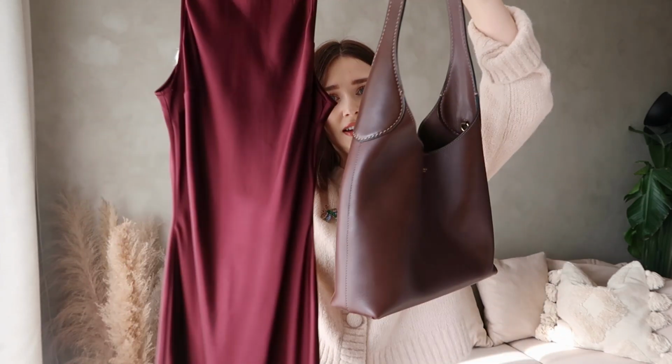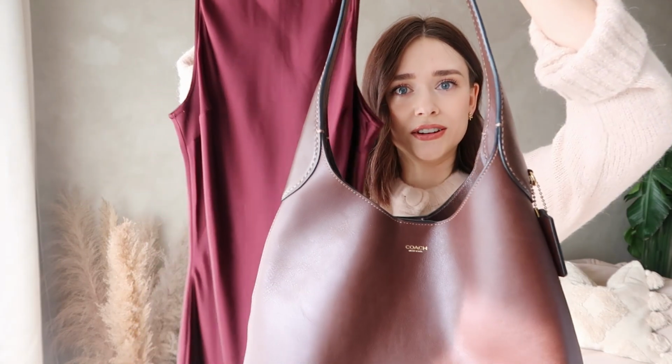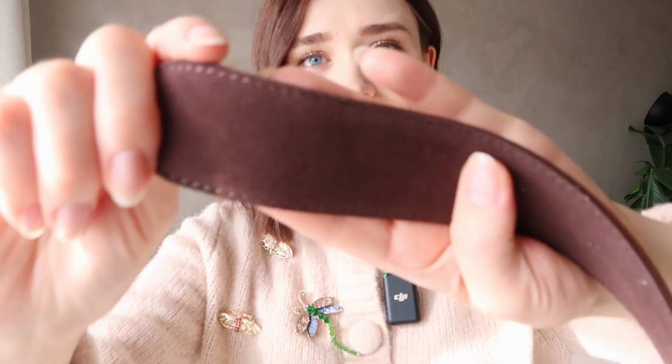Obviously, you are not going to be wearing 2 handbags at once. For something that feels a little bit more realistic, you can have these 2 together. So pretty. Definitely going to do that. But I am not done talking about this belt, because if I go close, you can see that this is